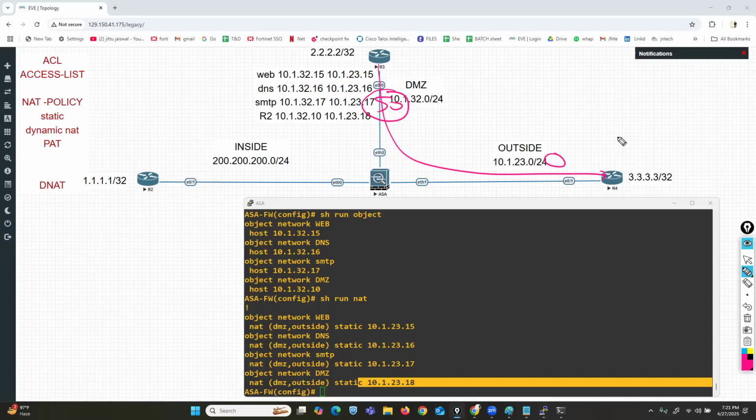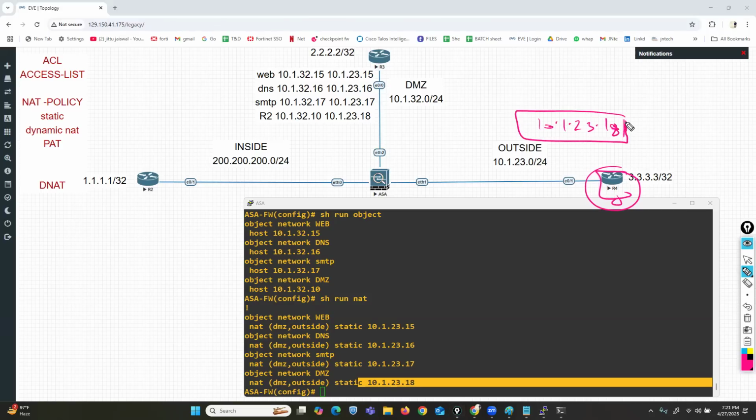Traffic can travel. Okay, but now what I'm doing, I'm trying to initiate my traffic from outside network, because I told you static NAT is what? Static NAT is bidirectional. So from outside, I can hit on this public IP 10.1.23.18. This outside machine can hit on 10.1.23.18 IP. And as per your configuration, this 23.18 IP address is mapped with this inside DMZ router IP address